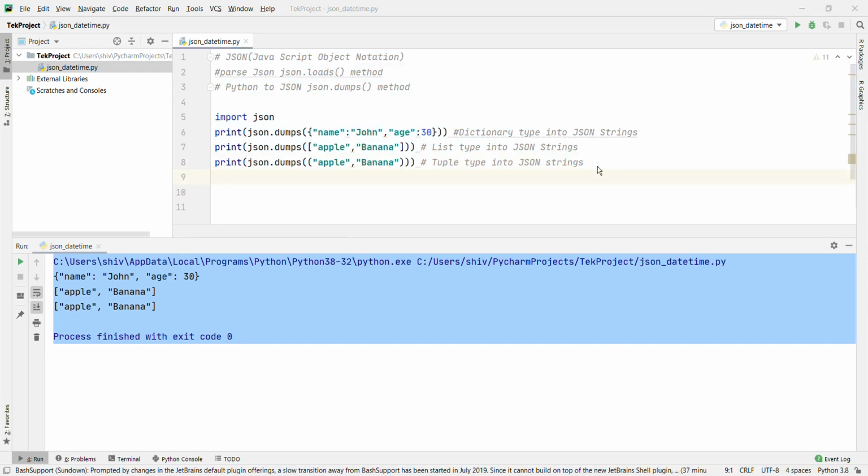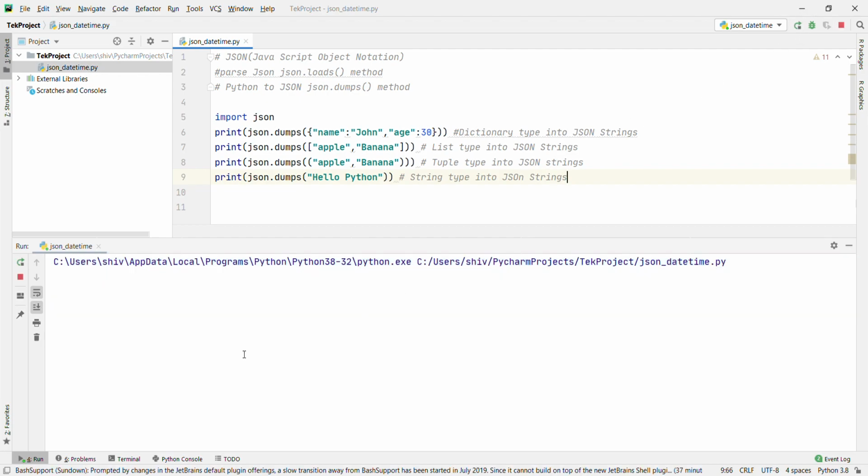Now I'm going to convert a string into a JSON string. json.dumps, and hello Python. This is string type into JSON string. Let's run it.